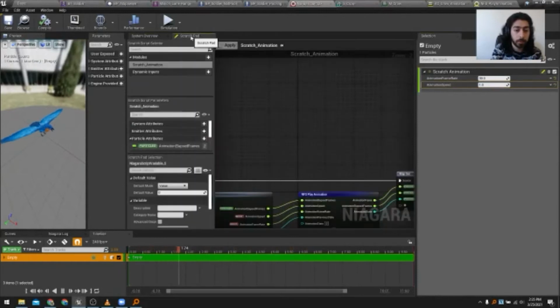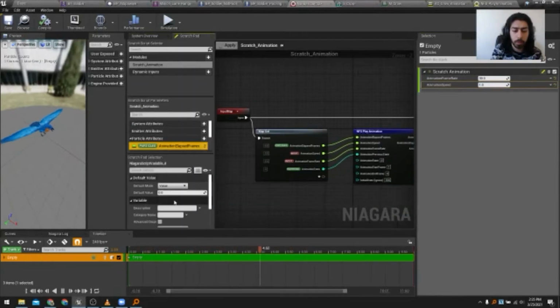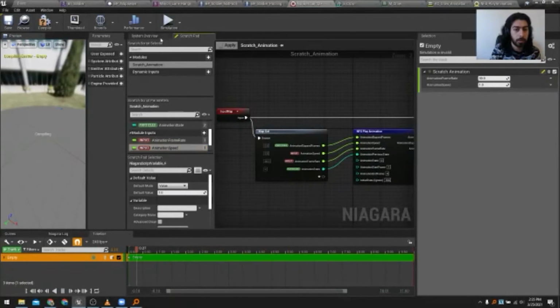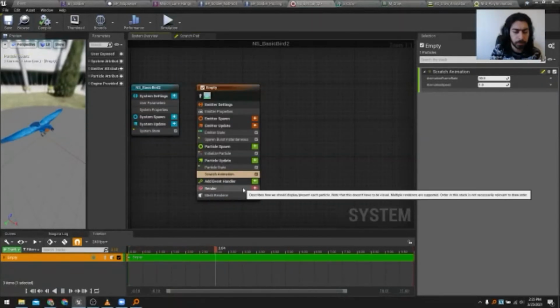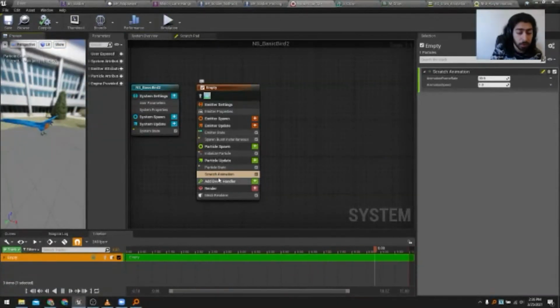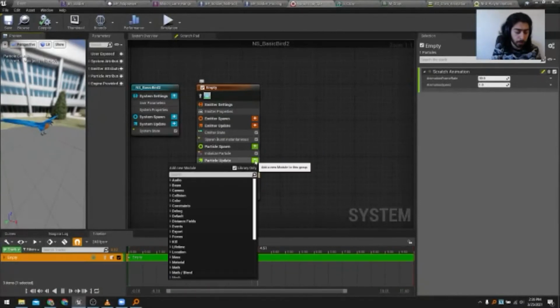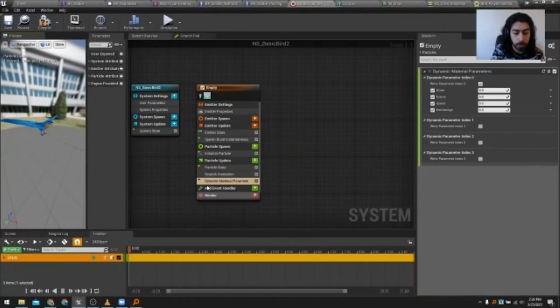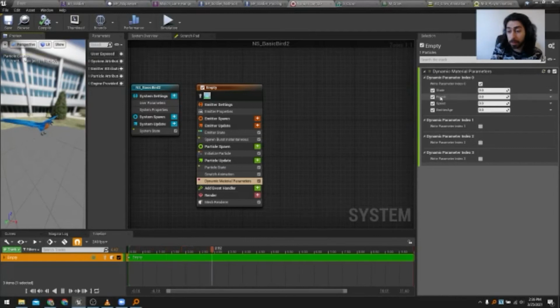You can also set the default values here by just clicking on one of those frames and saying, for example, our input frame rate is going to have a default value of 30 and the animation speed is going to have a default value of 1. Hit apply. And now it's set as a default. Cool. The bird is still not playing. And the reason is, even though we're doing the calculation, we just need to send the frame to the material itself. So all you have to do is look for dynamic material parameters. And by default, it has state, frame, speed, and emitter age. And the reason why we have those variables named is because it read the material.